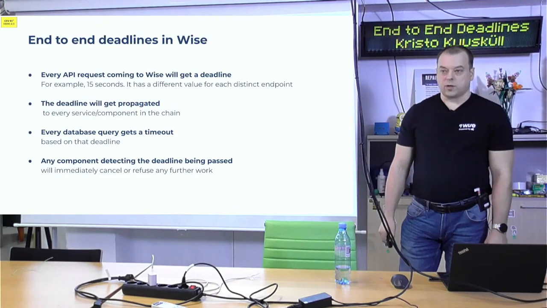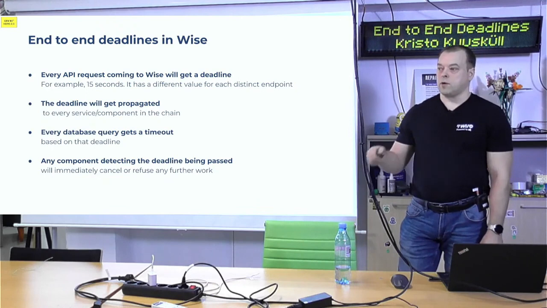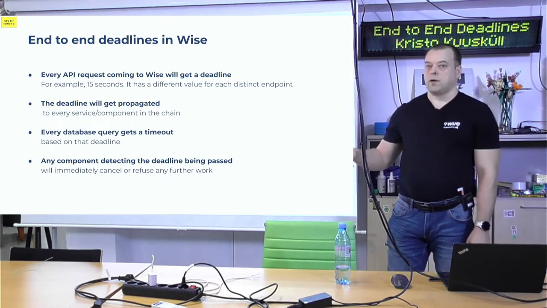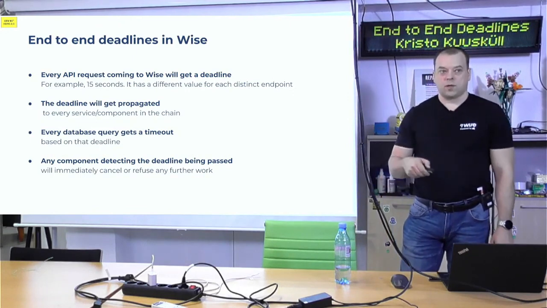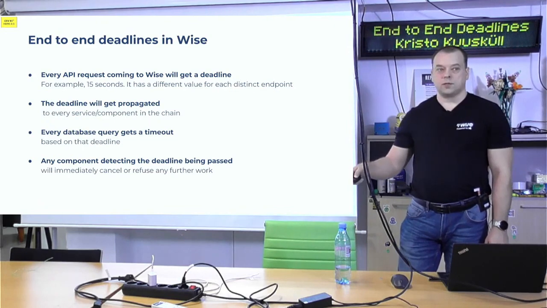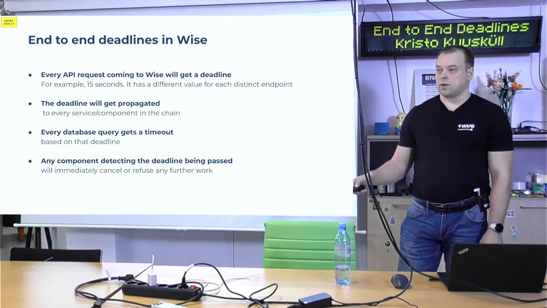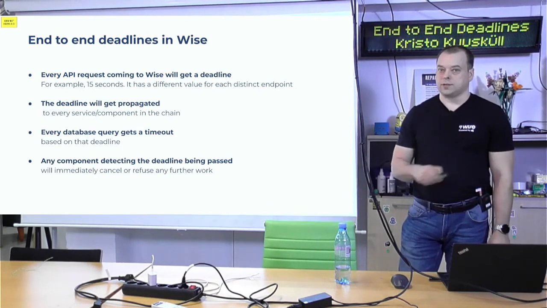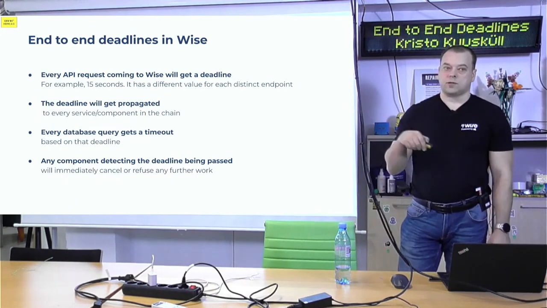Now, if we think about the same retry bombs, how does it help against that? If we got a timeout, right? We had this issue where timeouts were creating request amplifications. But now if we get the timeout with a retry, the next service which is getting the retry call sees that the deadline is already exceeded and will immediately return an error. So we don't have any database calls or any other service calls or resource calls being done after that.